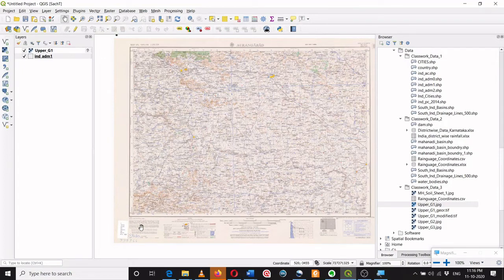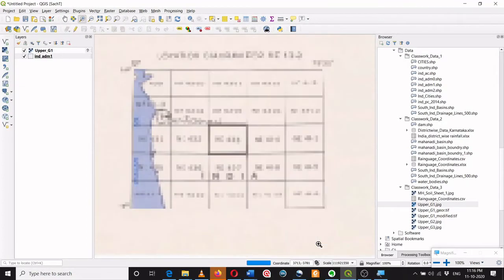Before going ahead, I will ask you to go through this information which is given at the bottom of the topo sheet. It gives you information about who has prepared it, when this information is prepared. It gives you information about the legend. It also gives you information about the scale, also the information about the contour interval. In this case the contour interval is 100 foot. Also here it gives the information that which part of India this topo sheet is covering.